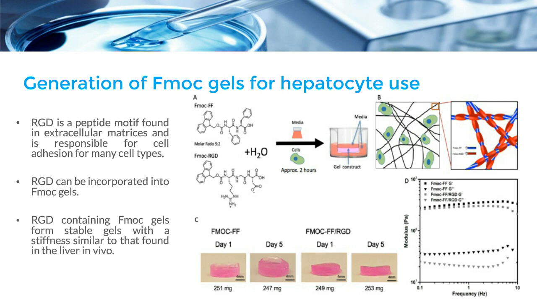Basically, one of the advantages that attracted us to these peptide hydrogels was, one, that we can easily functionalize these gels with peptide motifs that are found in vivo in the liver, specifically RGD, and this peptide can be easily incorporated into these hydrogels. Moreover, the stiffness of these hydrogels is quite similar to what is found in normal liver, as opposed to